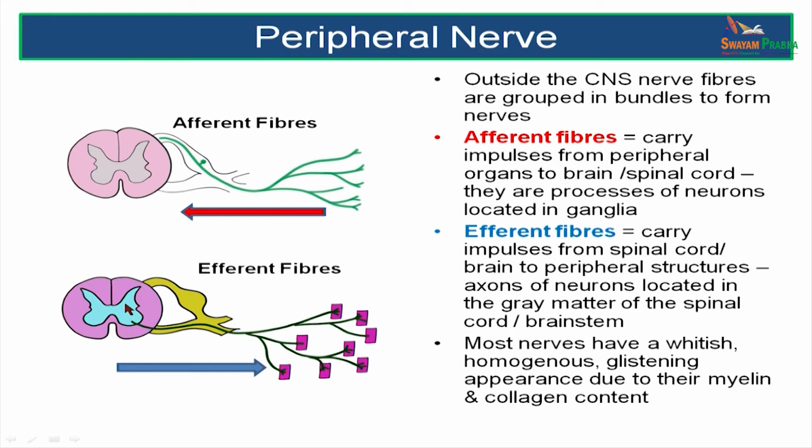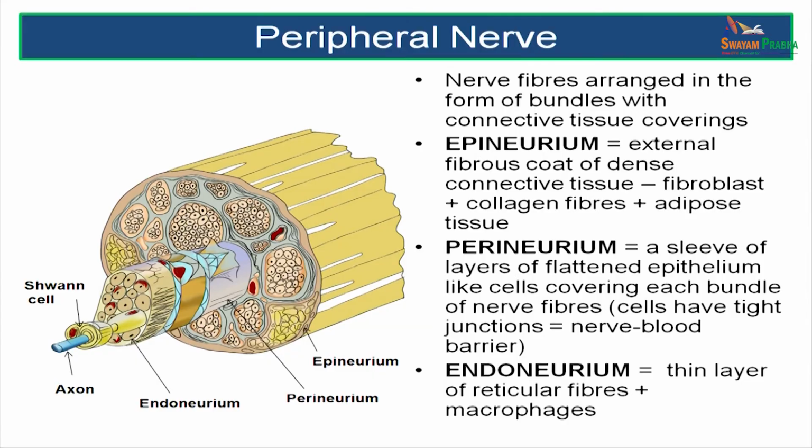You will notice when you do dissection that the nerves have a whitish color. Nerves are whitish because of the myelin that they contain. Myelin gives it a whitish appearance. If you take a section of a nerve grossly and histologically, you will find it broken down into smaller components. So that's the full nerve covered by a very strong, tense, thick sheet of collagen fibers called the epineurium. Epi meaning outer. So this full thing that you see here, a thick, dense layer is called the epineurium.